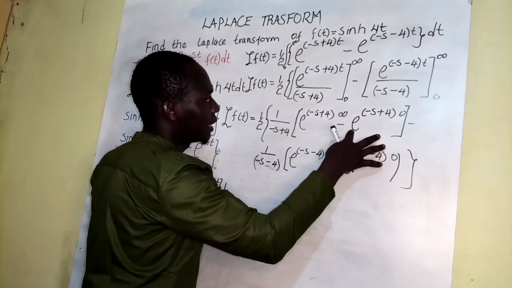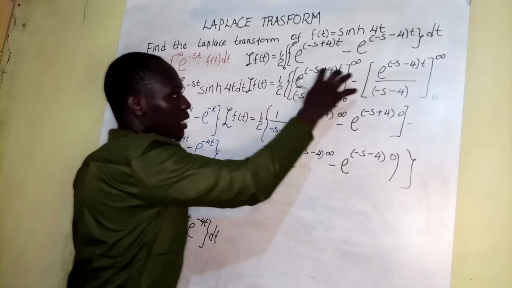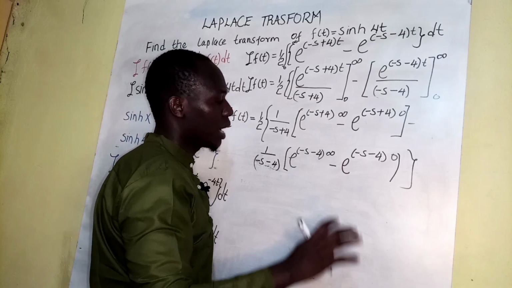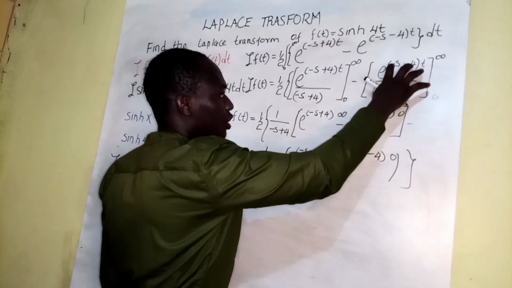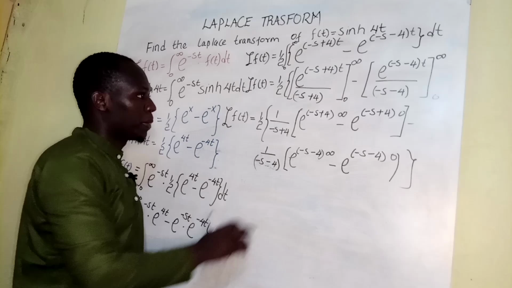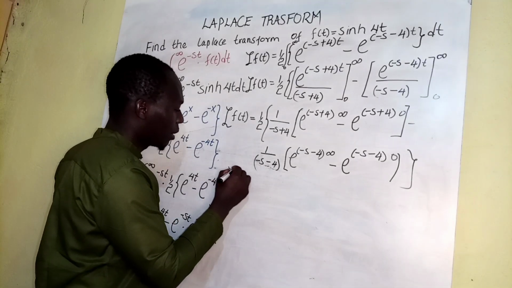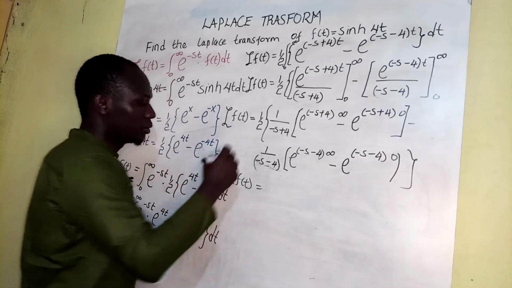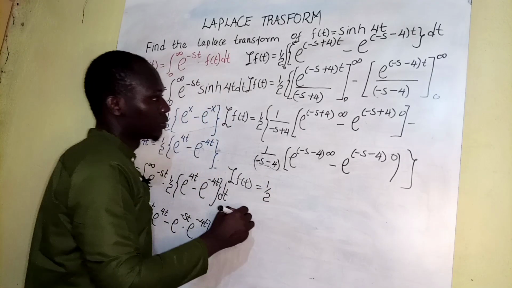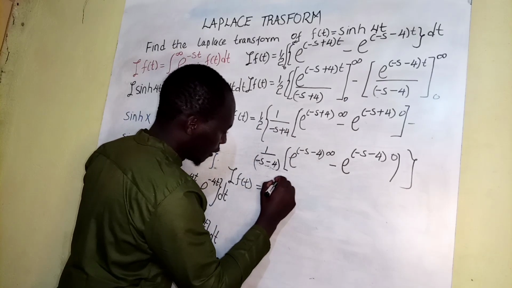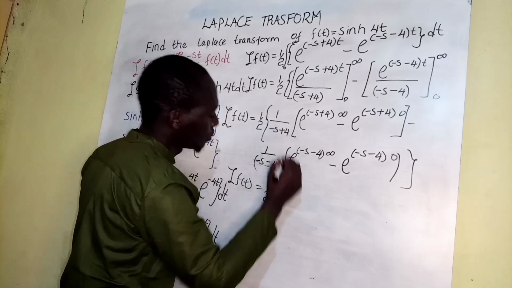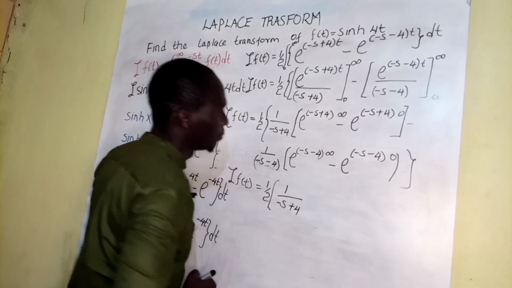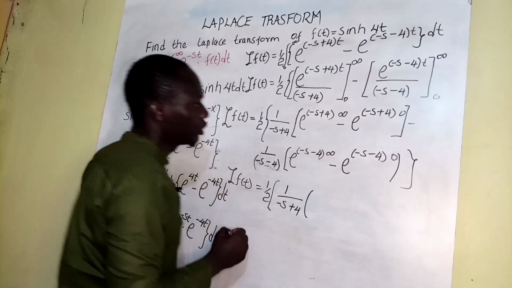Whatever we've expanded here is our first bracket, we subtract from whatever we've expanded here by doing away with our class limits is whatever we are having there. Let us now do our working, whereby we say that the Laplace transform of our function f of t is going to be equal to a half into 1 all over negative s, we add to 4, into here